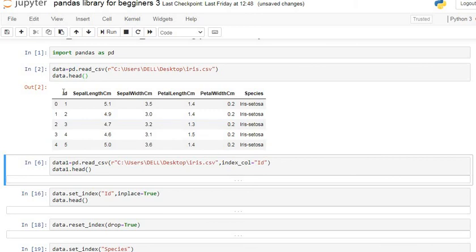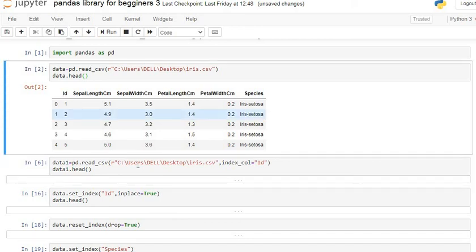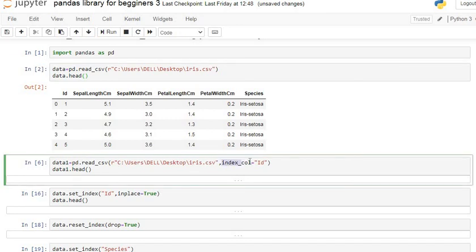If you want to change the index of our data, let's say I want to change the index to id, for that I can use the index_col argument inside the pd.read_csv function.